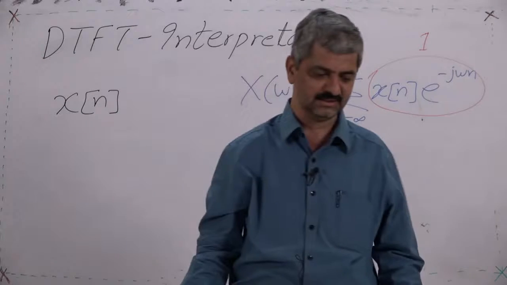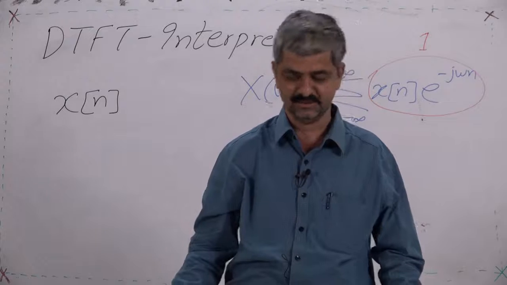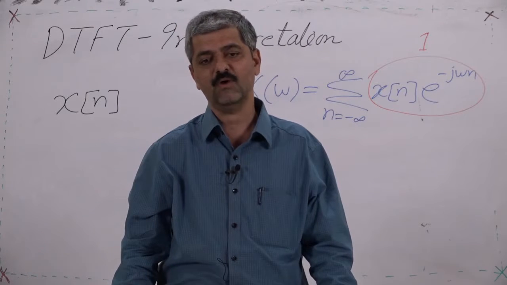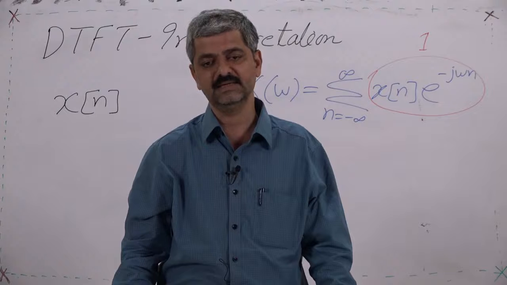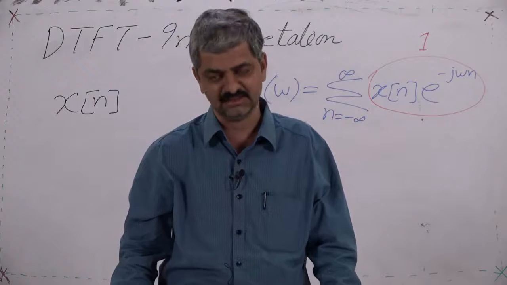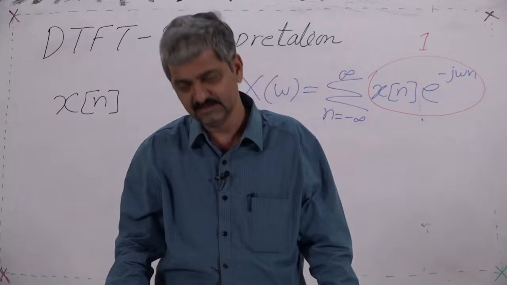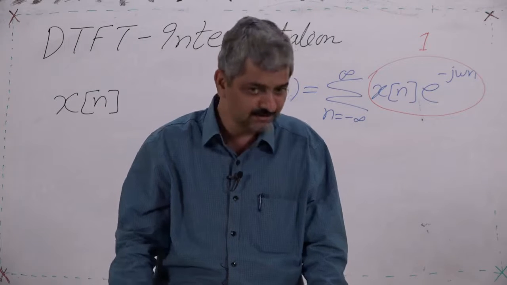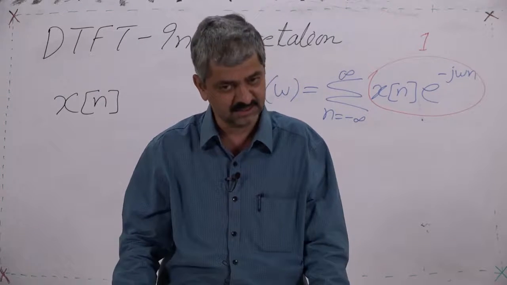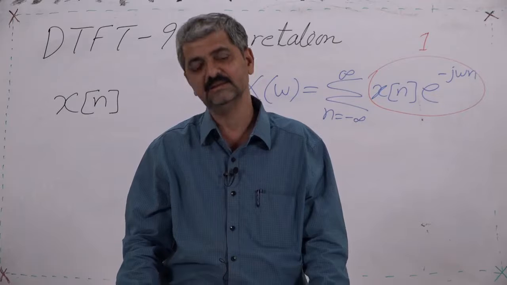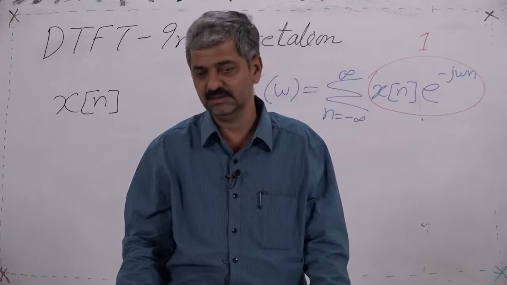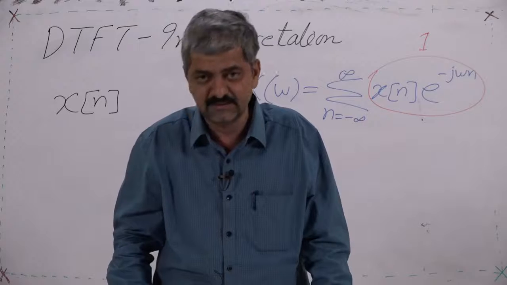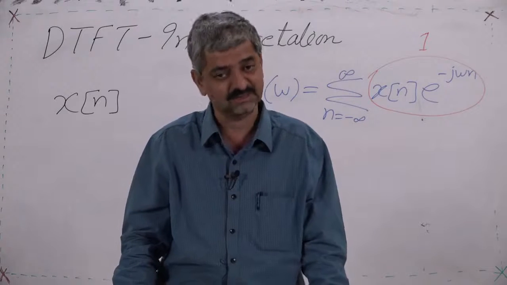xn is a given sequence. When I say Fourier transform, we discussed it in the last semester, and earlier also in this semester. Now, for the discrete time Fourier transform, we are discussing it now. Listen to each and every word, because it is a condensed discussion. Each and every word contains a meaning if you try to extract it.